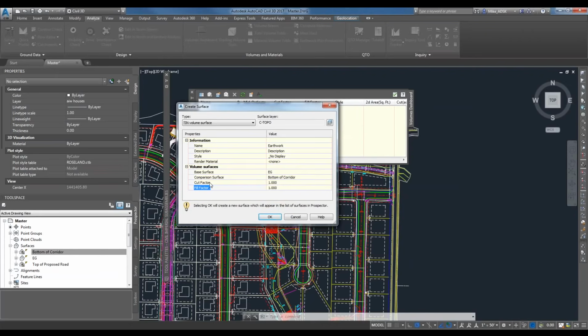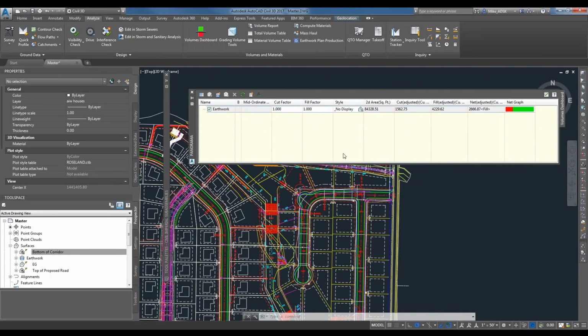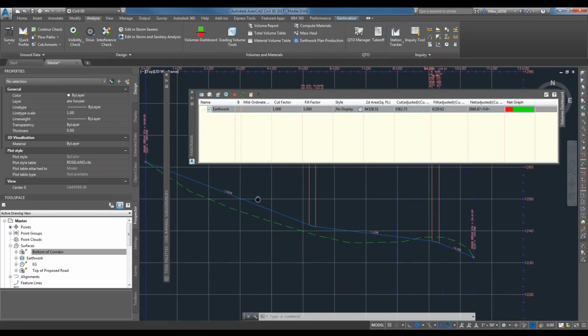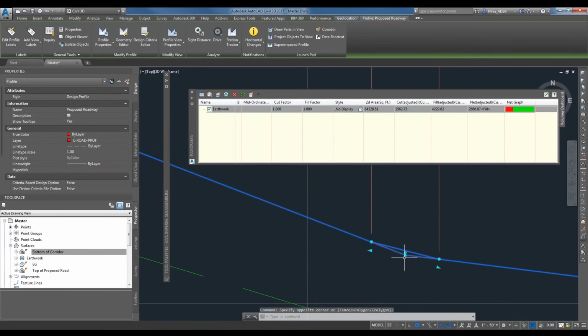So if for some reason you really don't want to cut or you really don't want to fill, you could change the cut fill factors. I'm going to keep it that way for now. Press OK. And it generated our earthwork calculations over here. Kind of how we mentioned before, there was going to be a lot of fill because our profile is above the existing ground. Now, if I were to go in here and change this,